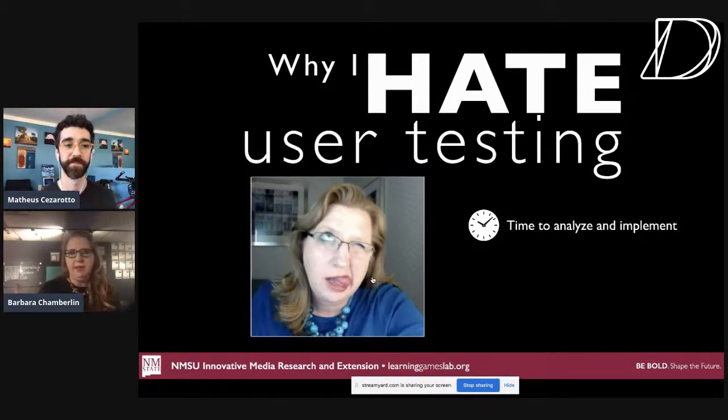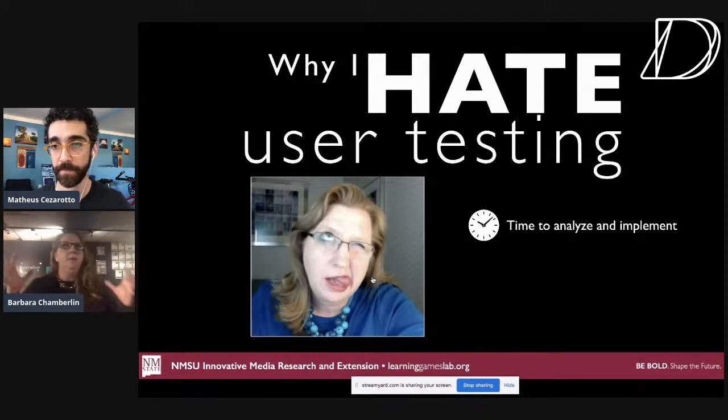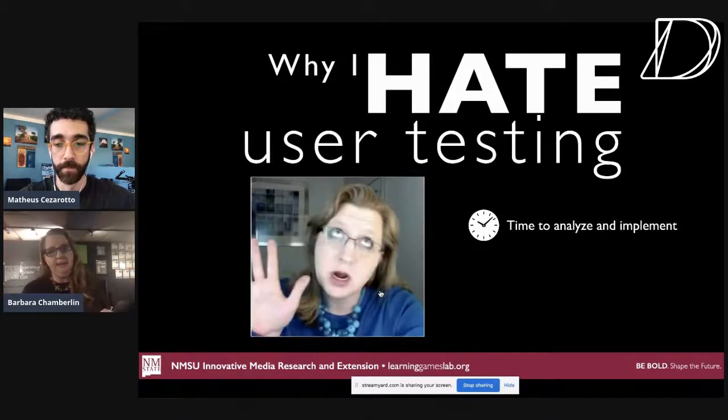All the methods that people would use, you have to gather people together, and then if you record it, you have to go watch the recordings. You have to analyze it. You have to code it. And so by the time we'd get around to implementing what we learned in user testing, it would be weeks after we did the user testing. It would just take too much time. So I knew if I wanted to do user testing, I had to fix that.